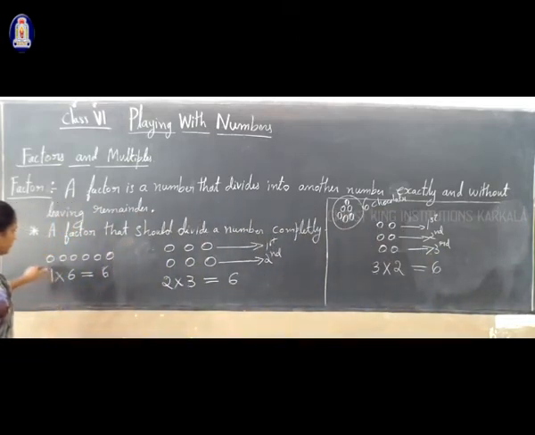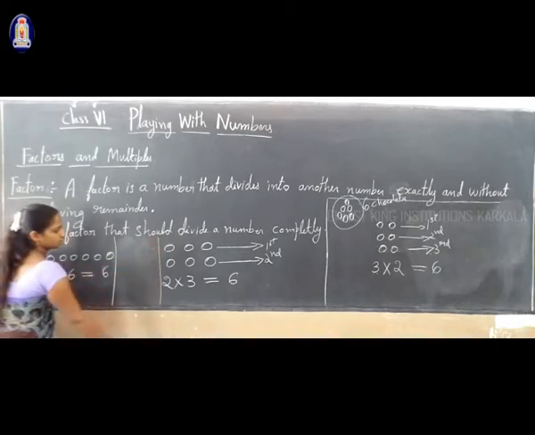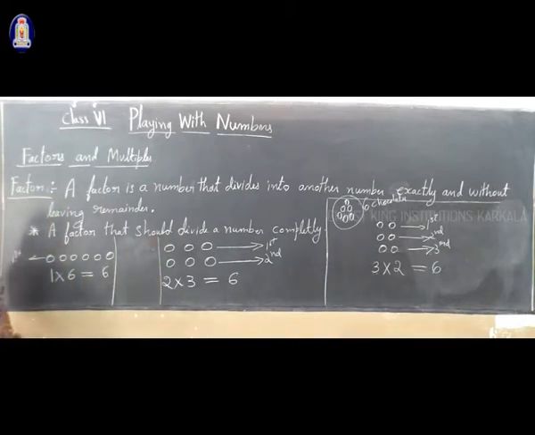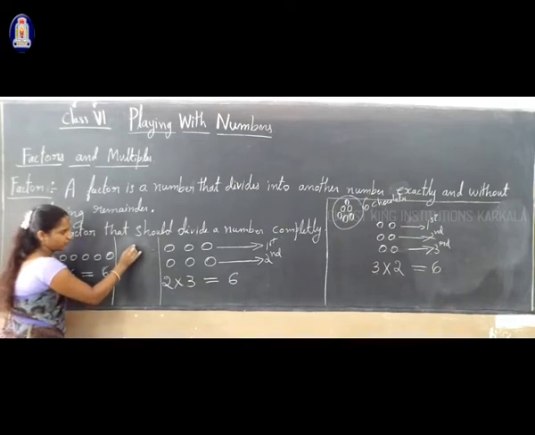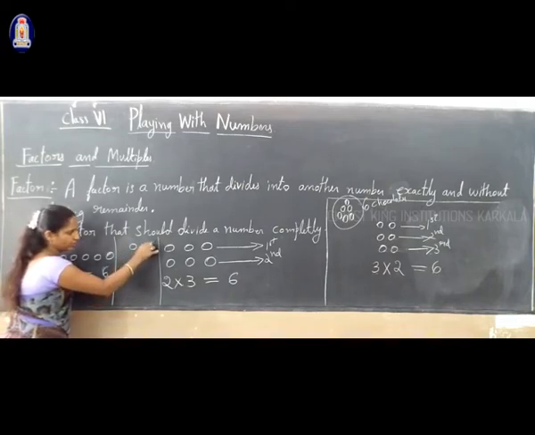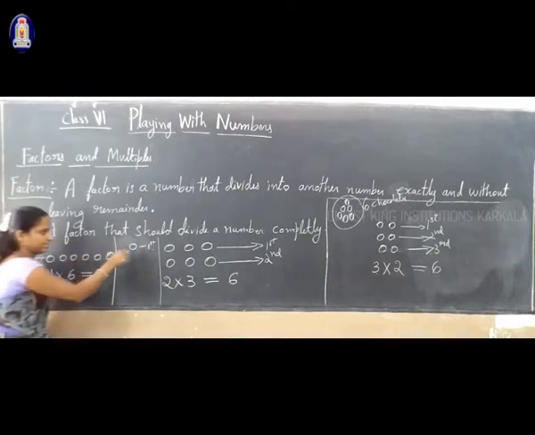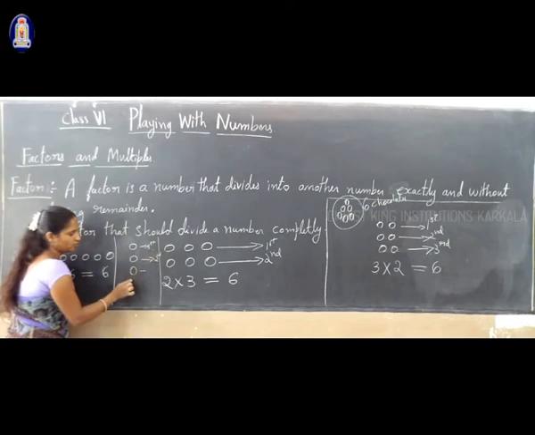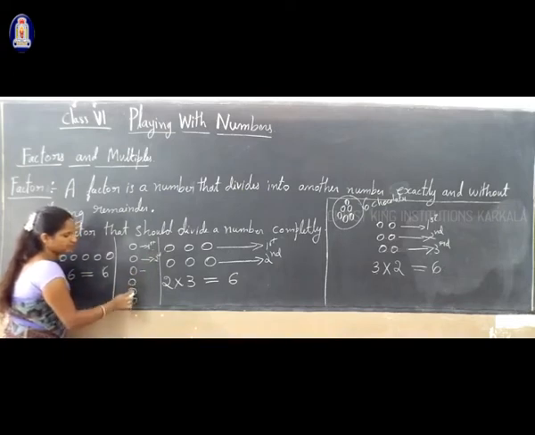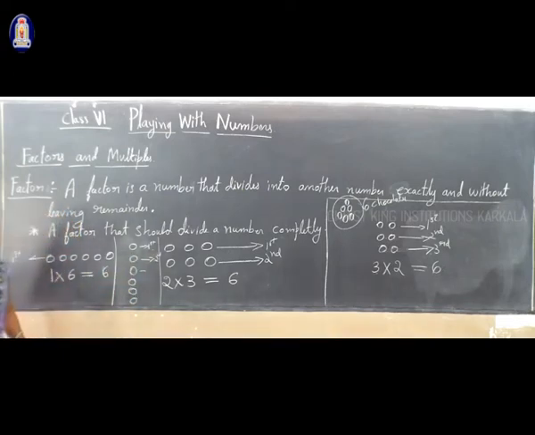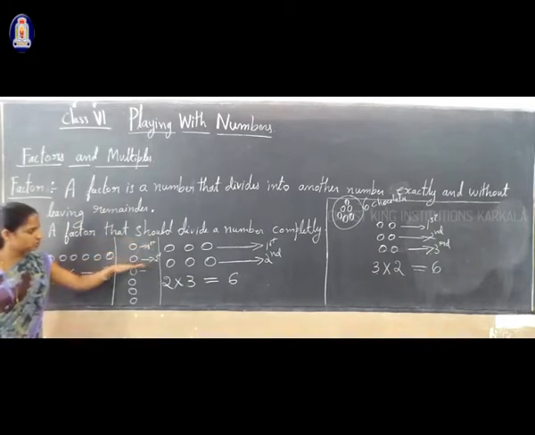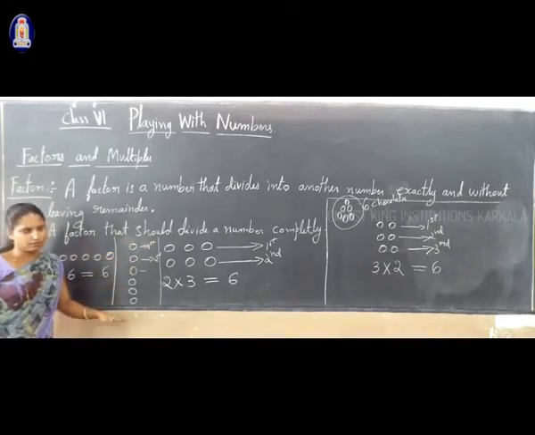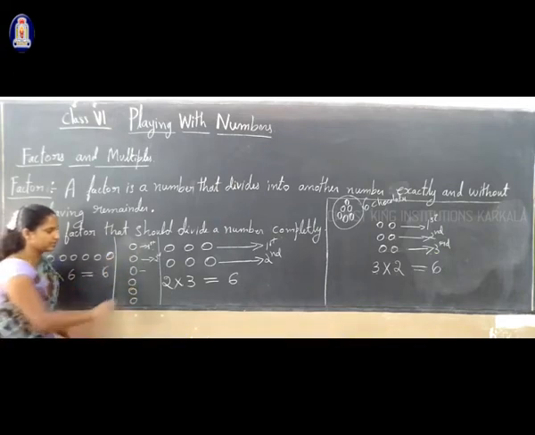I arrange like this, right? In one row, 6 chocolates. Now, if I arrange 6 rows, in the first row I'll arrange only 1 chocolate. In the second row, I'll consider another chocolate. Third row, fourth, fifth, sixth. 1, 2, 3, 4, 5, 6. So I arrange each chocolate in each of 6 rows. Now, see how many rows are there? How many rows are there?